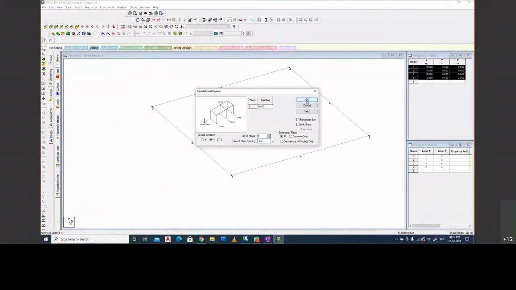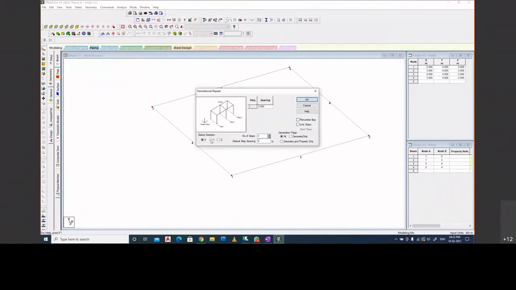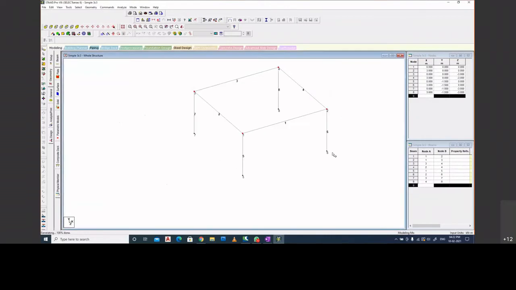Instead, I can click on link steps so that the new nodes which will be created will be linked all together. First of all, I'll show you without linking them. You see 5, 6, 7, 8. These 4 nodes are there. Let me undo it and again go for translational repeat. Click in the vertical axis at a distance of negative 1.5. I'll link the steps and click on OK. You see now these 4 nodes are connected and we have the columns as well. I hope this is very much clear to you.